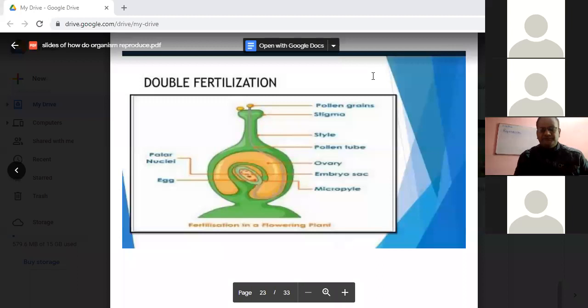Palak: The second male gamete fuses with the polar nuclei to form the primary endosperm nucleus, which is 3N. This process is called triple fusion. Since syngamy and triple fusion occur... Palak, hold on. You didn't talk about syngamy. You went straight to triple fusion. You said two male gametes are coming, and that the second male gamete fuses with the polar nuclei. What happened to the first male gamete?